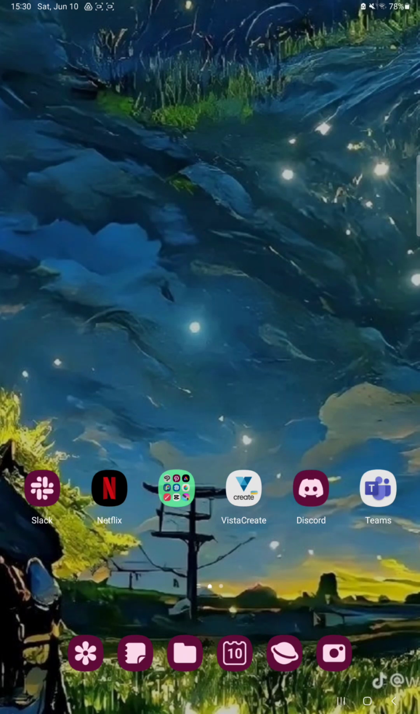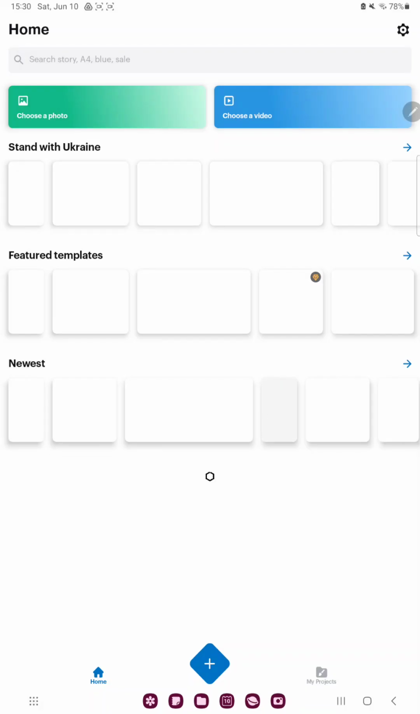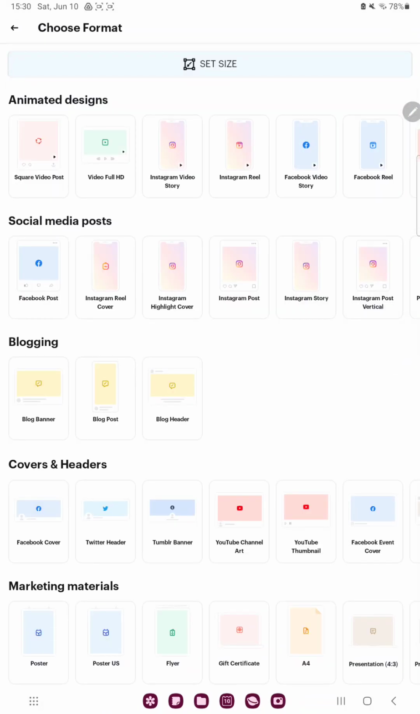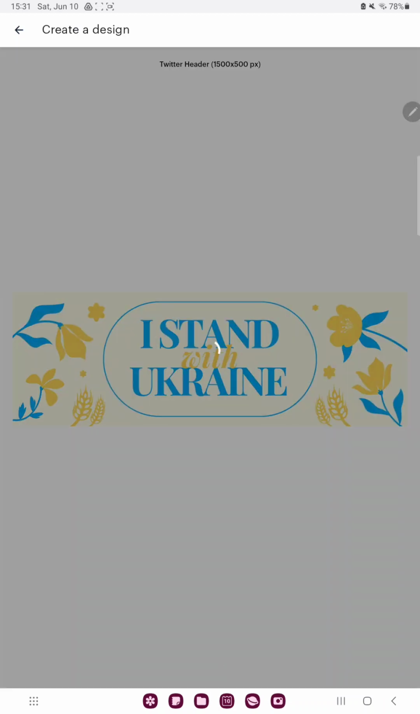So let's jump into it. First of all, open the application on your device. Tap the plus icon at the bottom of the page, and in the covers and headers section you can find the second option, the Twitter header, and here just select a template and click the use this template